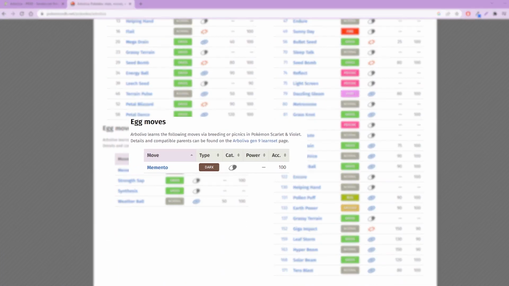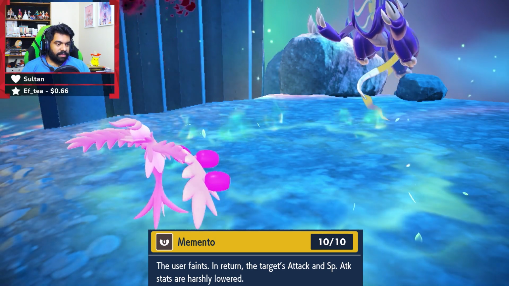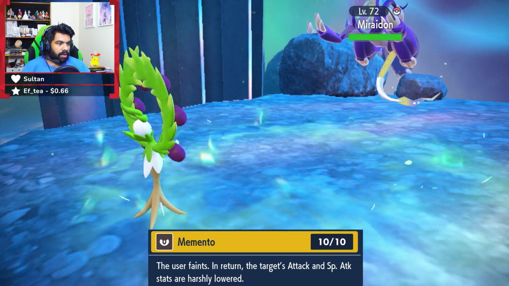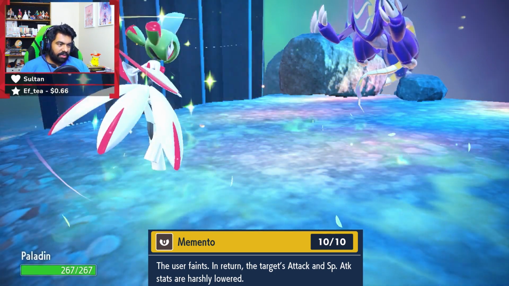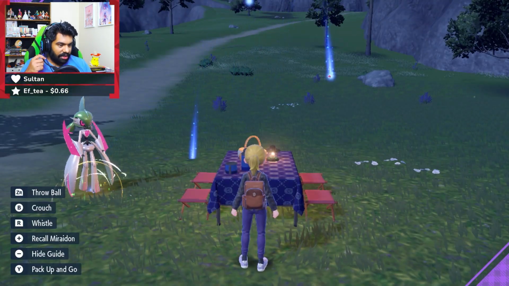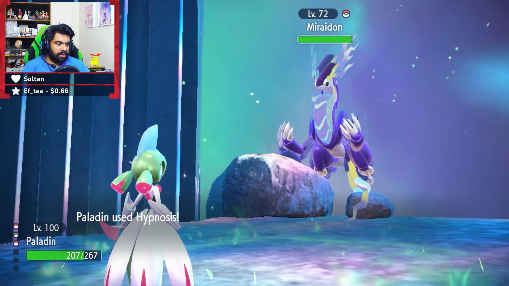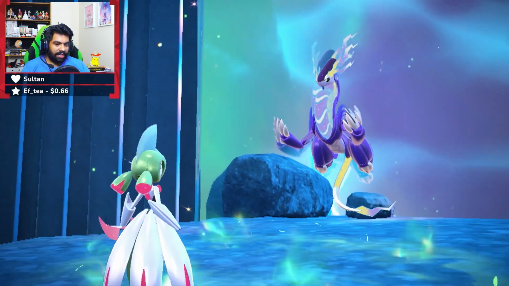This is when I noticed Memento was one of Arboliva's egg moves. The move Memento causes the user to faint, but lowers the opponent's attack and special attack by 2 stages. This meant I could switch into Iron Valiant and greatly reduce Miraidon's damage output all in one turn. After having a quick picnic to transfer the egg move from my Jumpluff to Arboliva, I was ready to try again. Unfortunately, despite this being an amazing idea in theory, I quickly realized it wasn't a good idea in